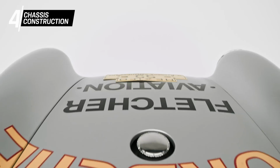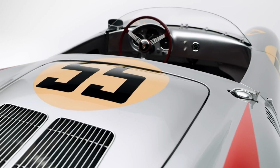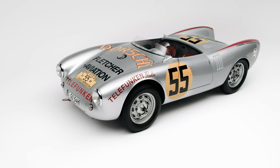The chassis construction number of this car was 550, and that's what determined the model's famous name back then. The chassis itself was optimized for racing, and you can see that. Okay, actually you can't. The construction of the Porsche 550 Spyder had one goal: to reduce the weight to a